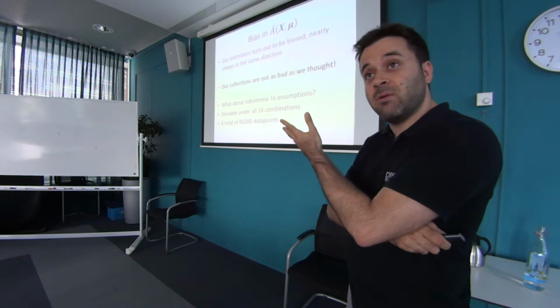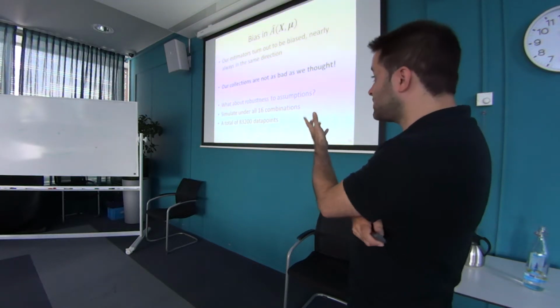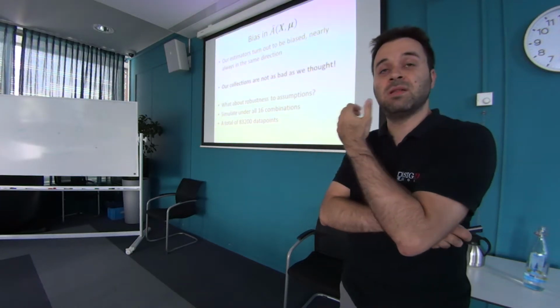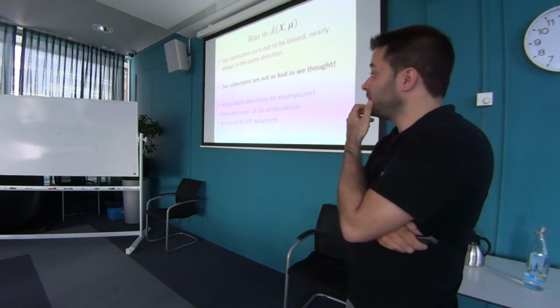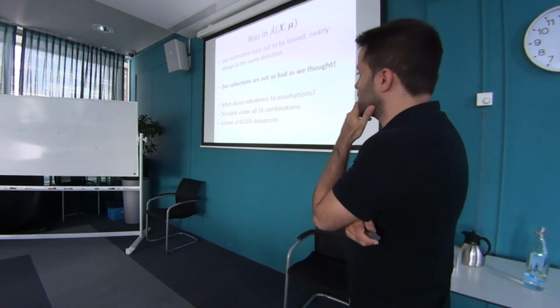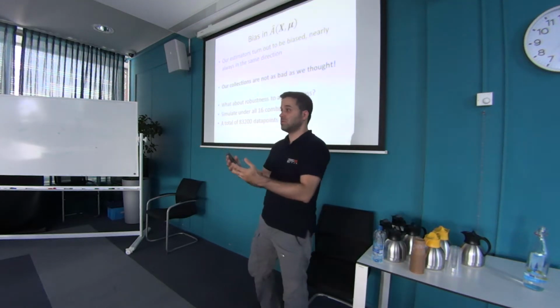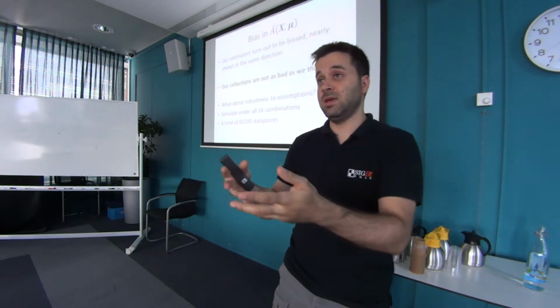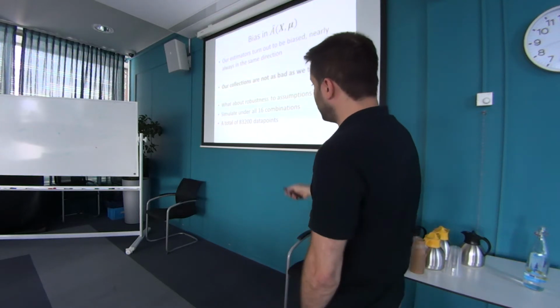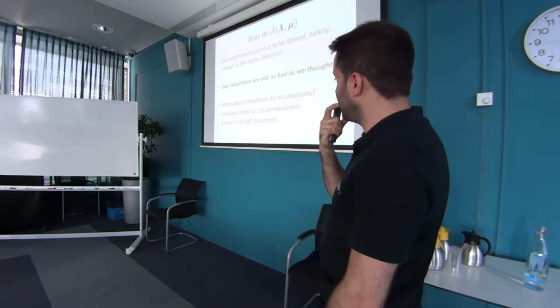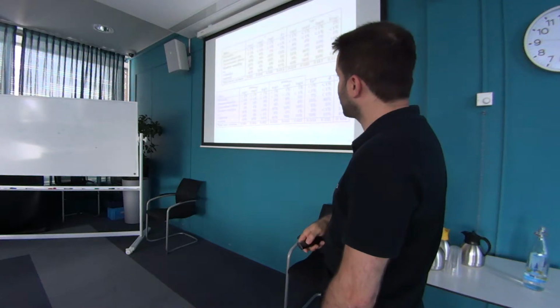And this is the first time that we are allowed to study these things and make these statements, because we know the truth, we are simulating from it, and it's realistic. And so what about the robustness assumptions? What we do is simulate again from all the 16 combinations of assumptions and see how much each of those is affecting the results. So now we go to more than 80,000 data points.